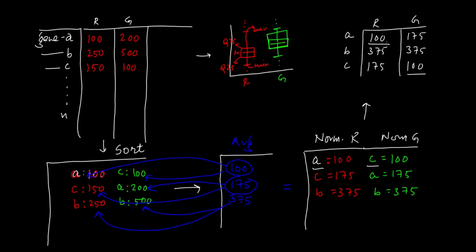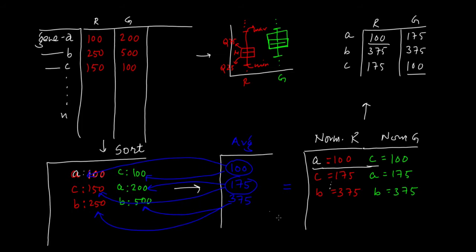Since the lowest and the highest and the corresponding quantiles are the same here. The lowest one is 100, so this is the lowest most quantile. The second quantile is this one, which is also the same. And if there are n different values in between, the corresponding value will be the same. So at the lowest most quantile, what is the lowest most quantile? The value, one data point. At the lowest most quantile level, we have the same value. So distributions are exactly the same now. However, the relative differences between genes are maintained here.